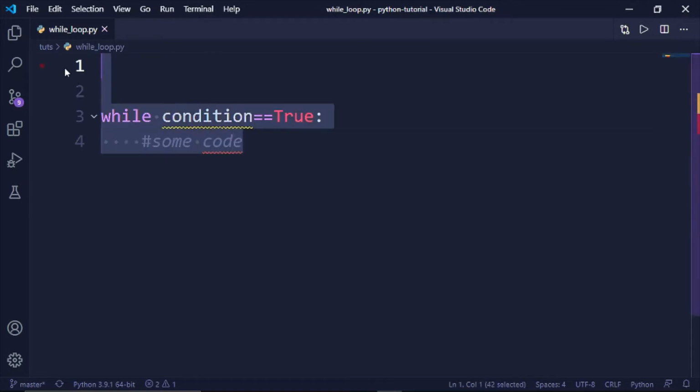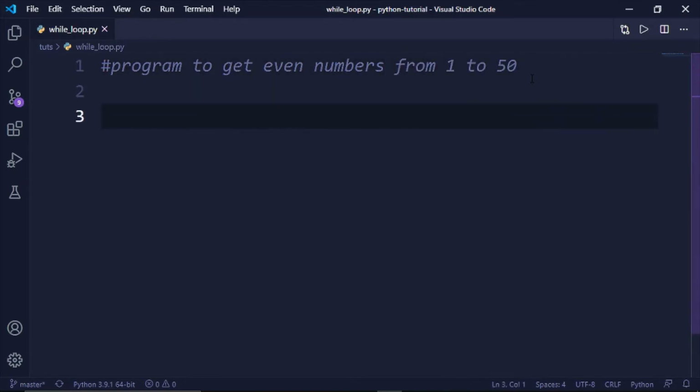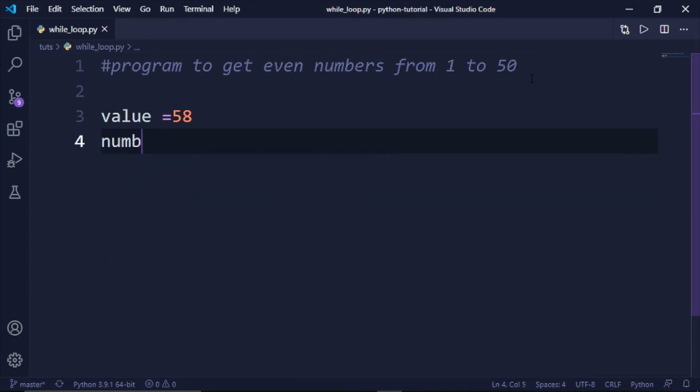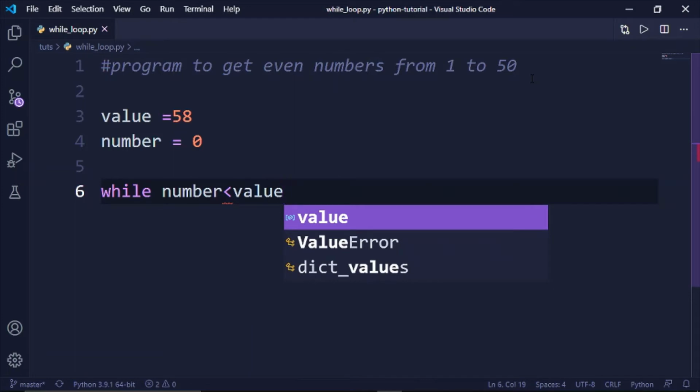Okay, so what I'm going to do is write a program to get even numbers from 1 to 50. Okay, so let's just declare a value of maybe 50, maybe even 58. Then the number is going to be 0. Then I'm going to say while the number is less than the value, then